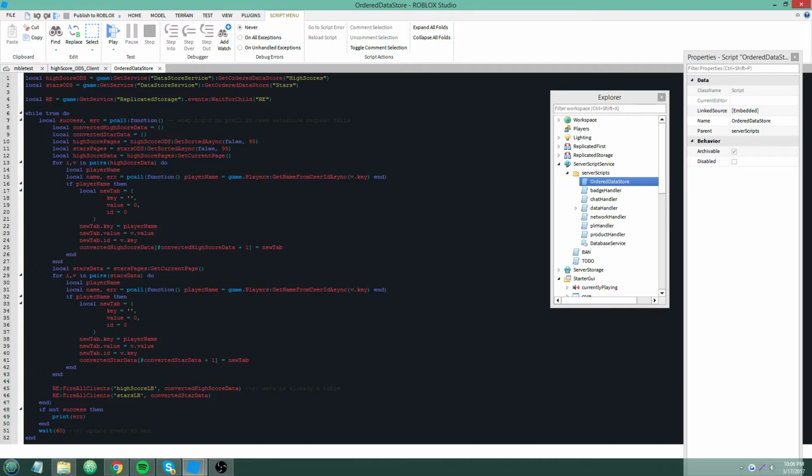It's just whatever code you want to run that has a chance of erroring, but if it's wrapped in a pcall, which stands for protected call, it will error and it'll give you an error message, but it won't cause your script to break. It won't stop the rest of your script from running. So the reason, or it returns two things, success and error.